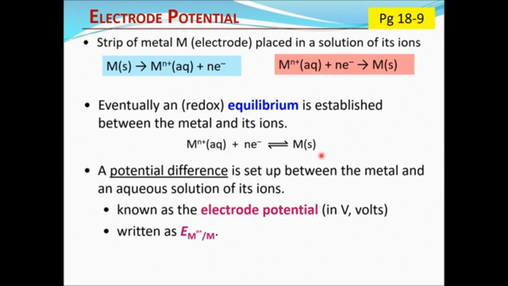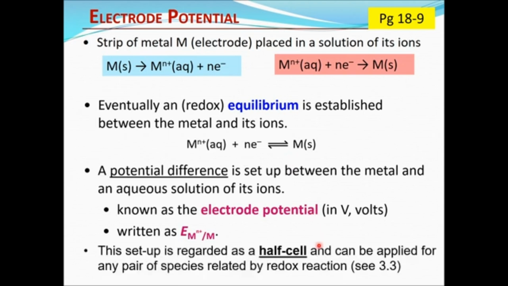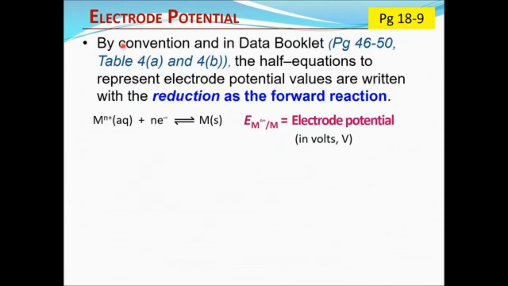Okay, so with that, at the same time, we can consider this setup that was mentioned earlier, right? A metal strip in its ion solution as a half cell, and there are many kinds of half cells that we'll look at later on in 3.3, which can be between any two species that are related by a redox half equation. Now, by convention and in data booklet tables 4a and 4b, the half equations to represent the electrode potential values are written as reduction as the